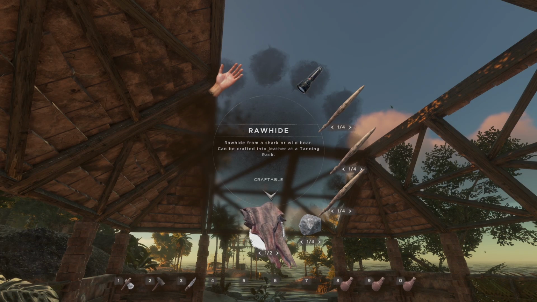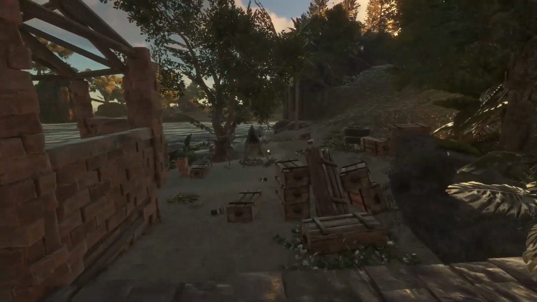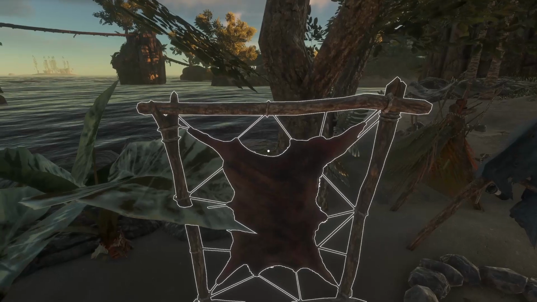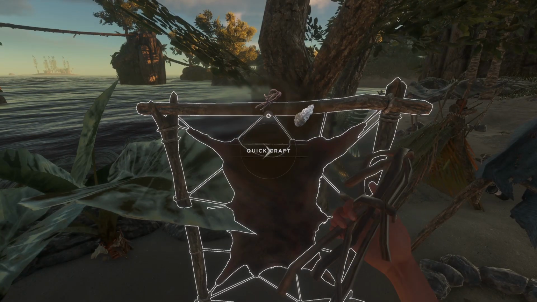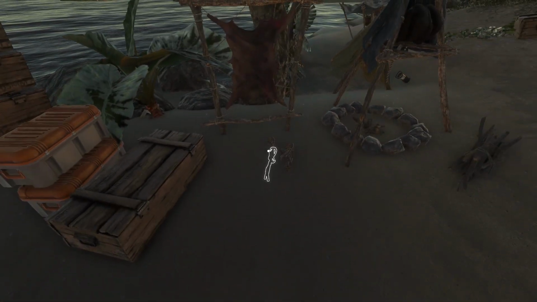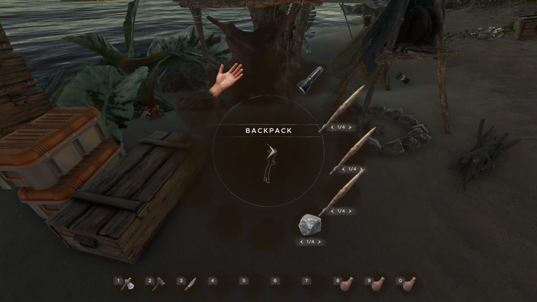Good. Excellent. Which means we have 2 more rawhide. We don't need rawhide for anything else, so we can just turn it into leather at the tanning rack. Go to the tanning rack, have it in front of you, and then quick craft leather, and then poop it onto the floor. Now we could technically...